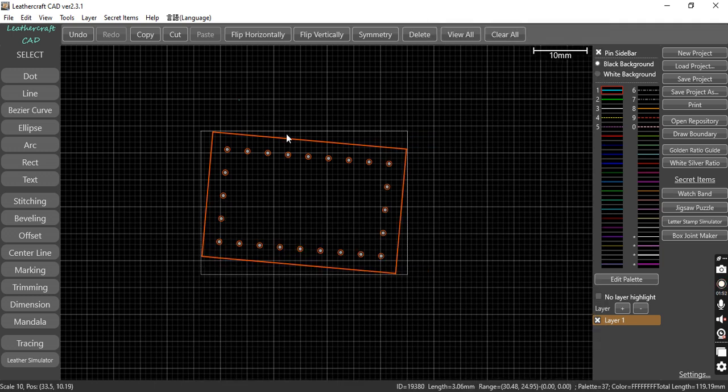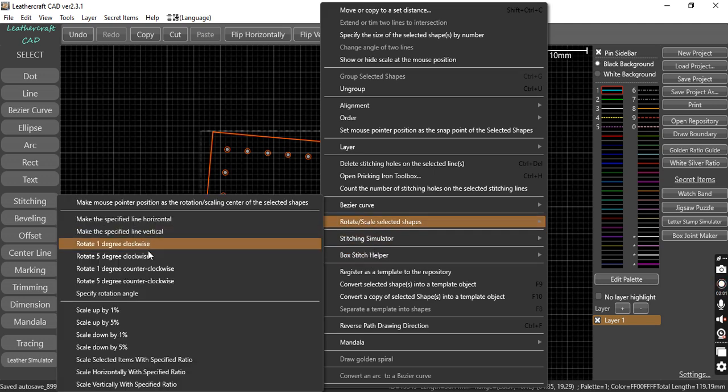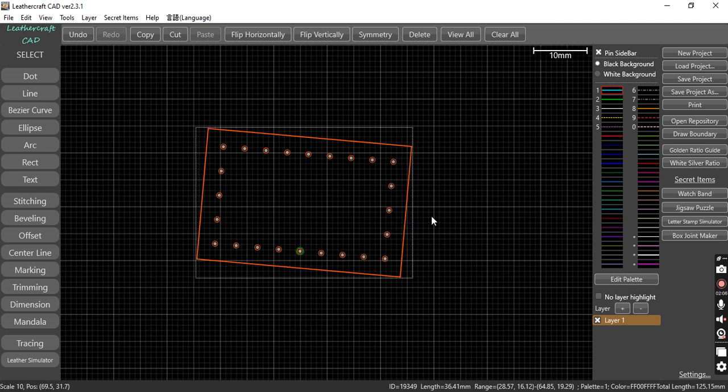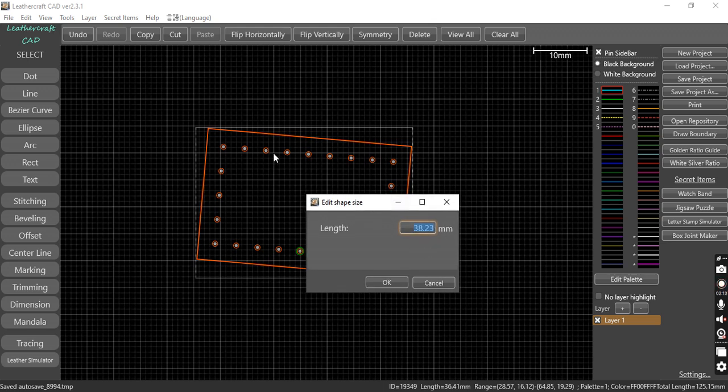You can also scale it, so you can make it shorter or bigger. It just depends on how you want to scale it. So to scale, you can make it bigger here or smaller. So let's say we scale it up by 5%, it will make it bigger. You can also now enter, and you can also change the length. So by adjusting the length, it will automatically also increase the width. So if we adjust it to, let's say, 45,